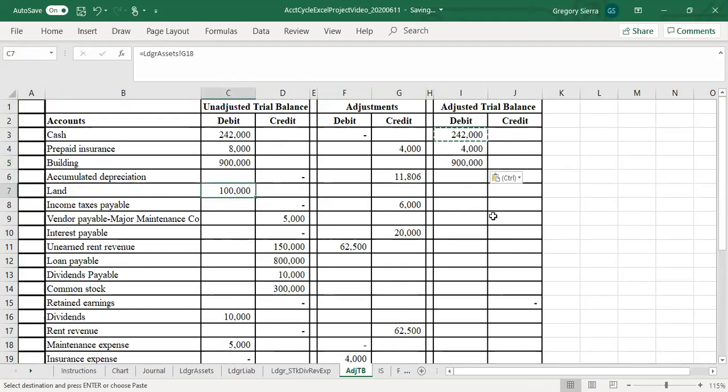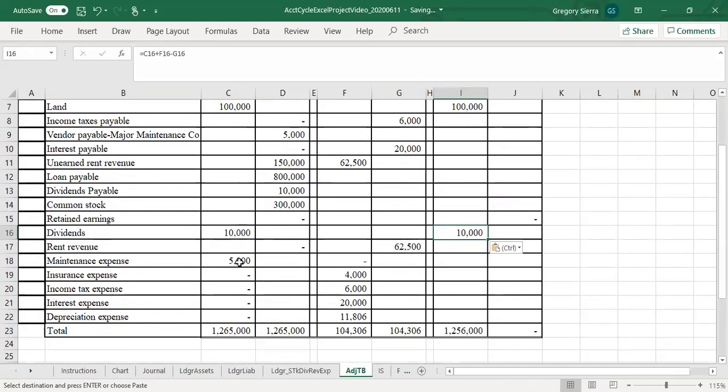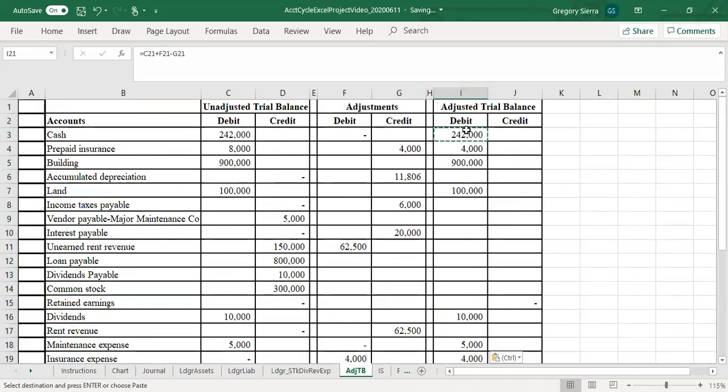Okay, so here's a debit balance. I'll put this here. Here is retained earnings. Let's see, dividends. So dividends is the same thing. And all these expenses have debit balances. Okay. So all the debit balance formulas are the same,